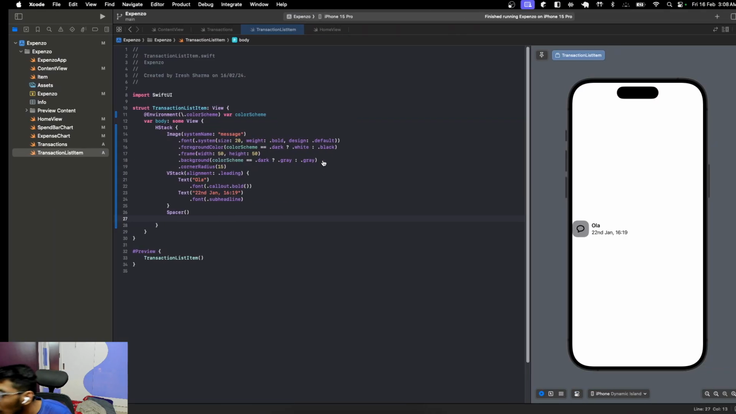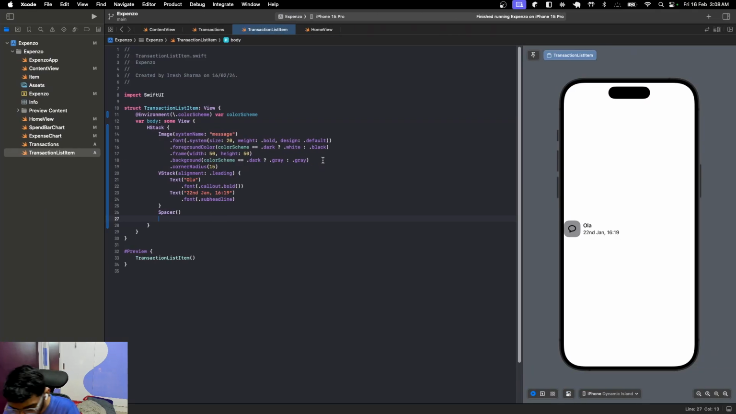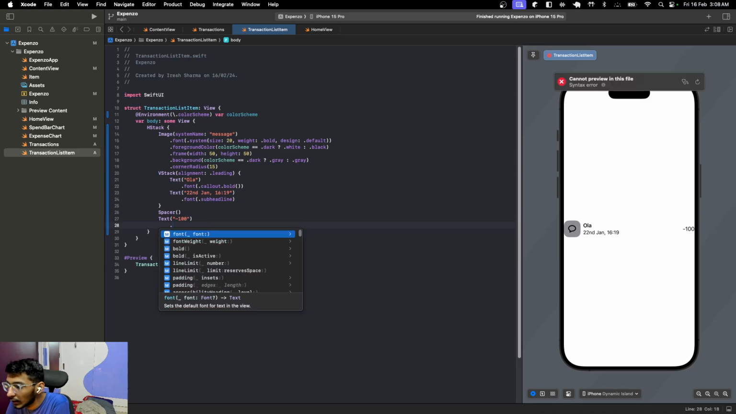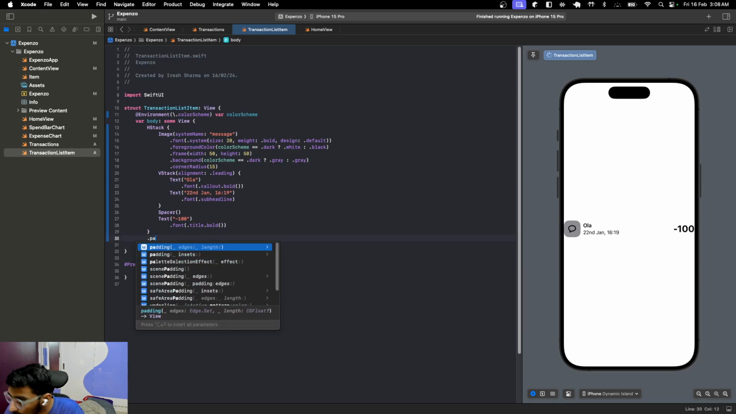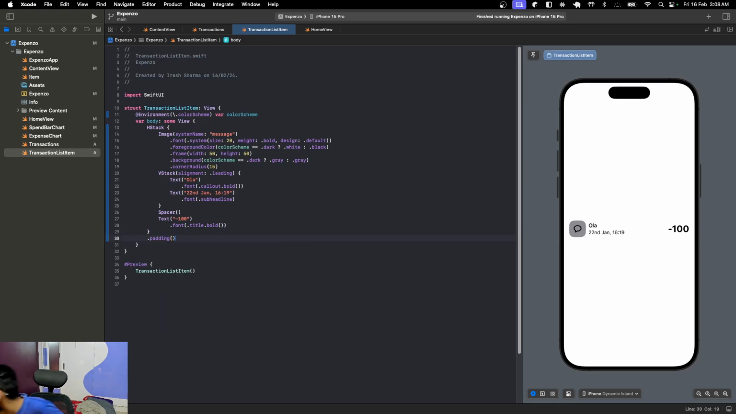And what was last? The amount. So the amount can be large text. Text, let's say for now minus 100, dot font dot title, sure. Okay, it can be title dot bold. Yep, let's give this whole H stack some padding. Much better. Now let's drop this transaction list item